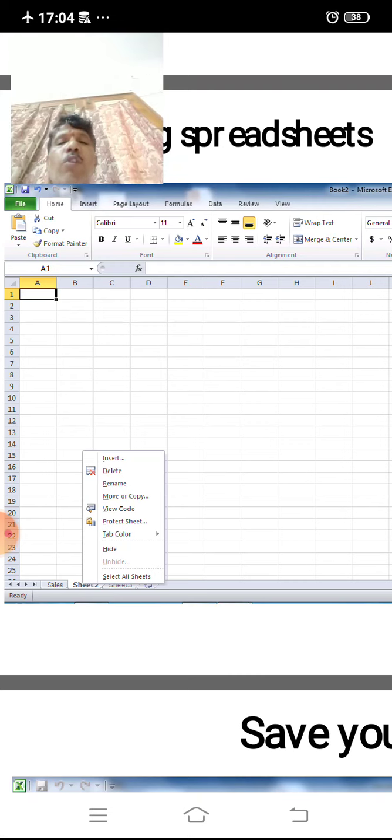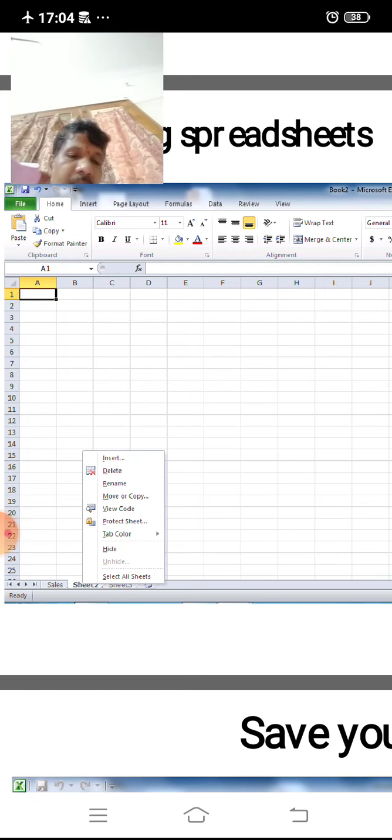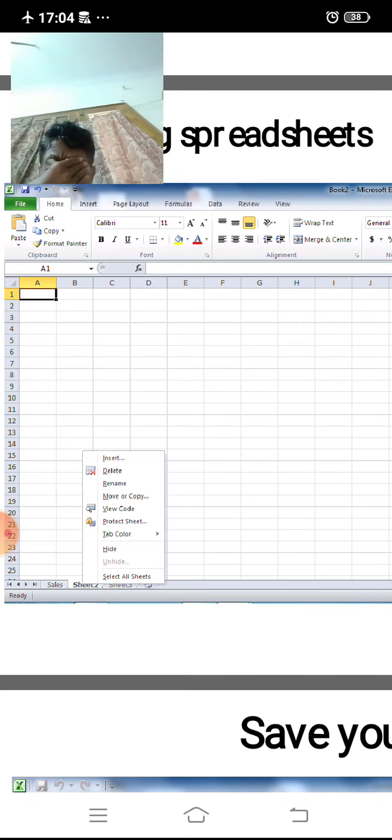If you want to delete, just choose the delete option. If you want to insert another sheet, just click on it. Before this worksheet, another worksheet will be inserted. Move or Copy: if you click this one, a dialog box will appear. This worksheet can be copied as a new one, exactly like this one.